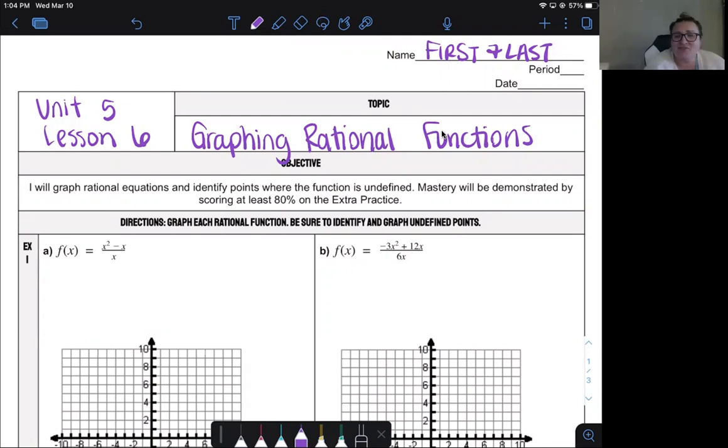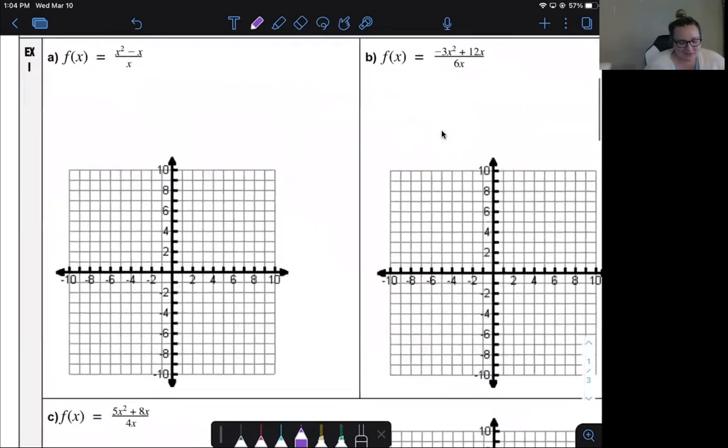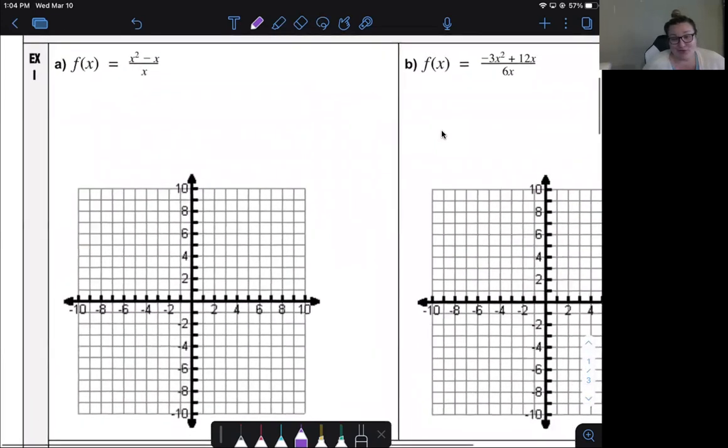And let's jump in. So your objective today is I will graph rational equations and identify points where the function is undefined. Mastery will be demonstrated by scoring at least 80% on the extra practice. So the easiest way to explain this stuff is through working out an example. So I'm going to talk about the key components of graphing a rational function while we work through